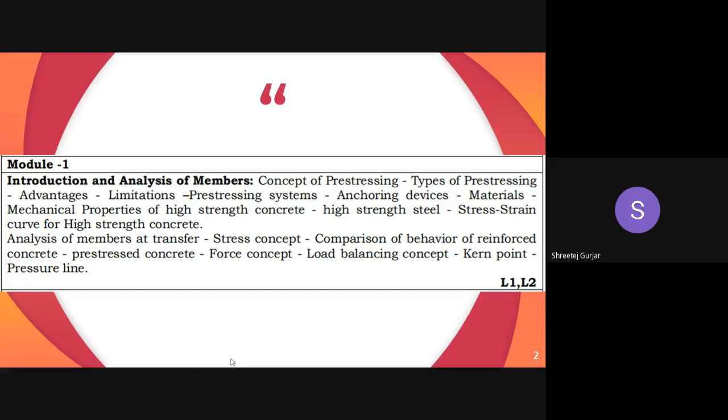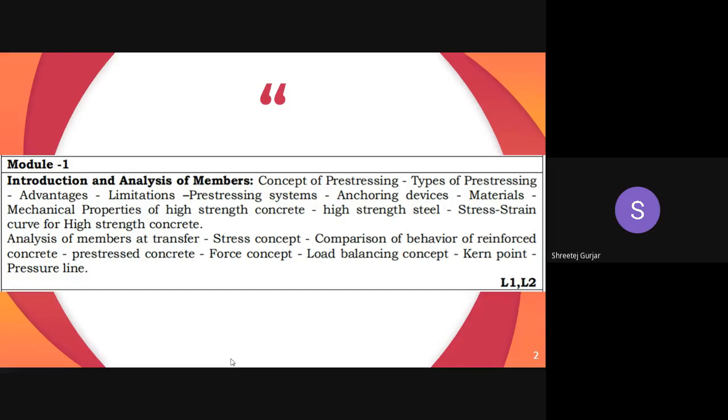There are many types, and majorly we will be concerned with the two types of pre-stressing, that is pre-tensioning and post-tensioning. Those are the major two things that we have to study. Then a few advantages and a few limitations, not disadvantages, of pre-stressing. There are always some limitations and advantages. If your advantage is way more than your limitations, it is always beneficial. Then pre-stressing systems, we will study what are the various pre-stressing systems. As I said, you will be using anchorage devices. Various anchoring devices are available, how they have to be used, which anchoring device has to be used where, all those things we will study.